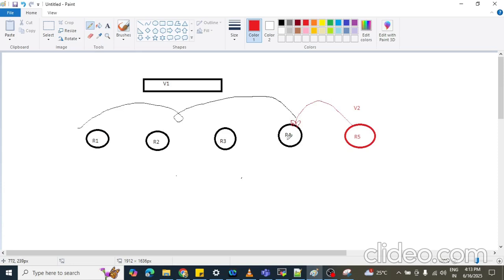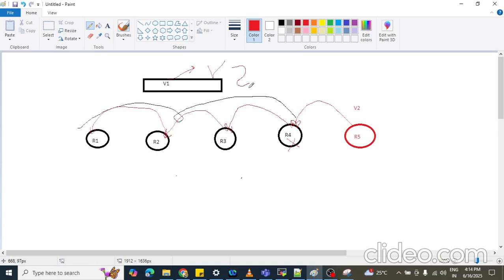So what will happen if we replace this? We will remove R4, and instead of R4, the R5 replica will come here and replace R4. If this goes fine, again we are going to replace R3. In that way, we will replace all four replicas of version V1, and then V1 will be replaced by V2.